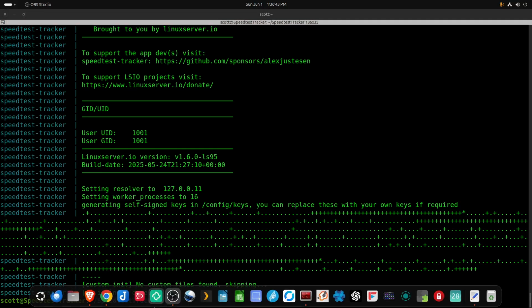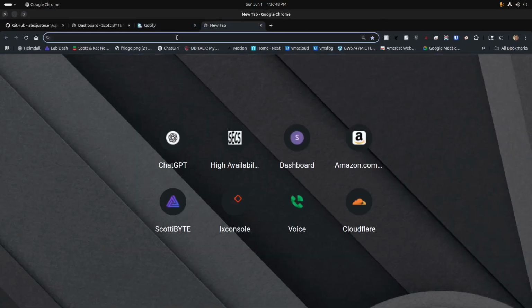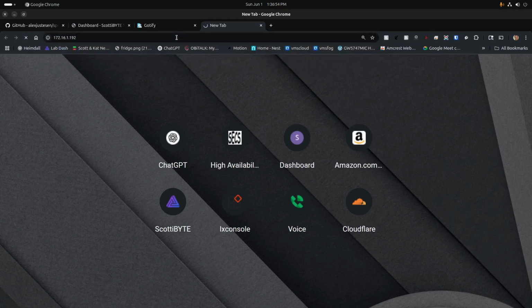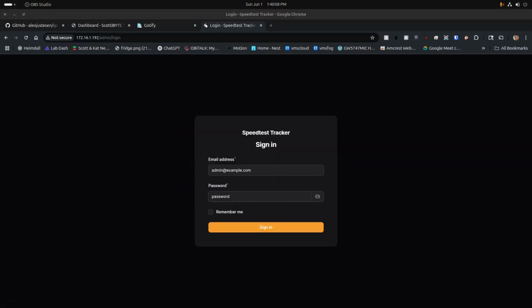At this point, I can go ahead and head back to my Chrome browser here. I'll open a new tab and I will simply paste in the IP address of the container, and it brings up this setup screen. We're going to go ahead and click the first option for sign in and admin panel. At the login screen, we're going to enter the initial default credentials, and those are admin@example.com for the email address, and then the password is literally password all in lowercase characters,